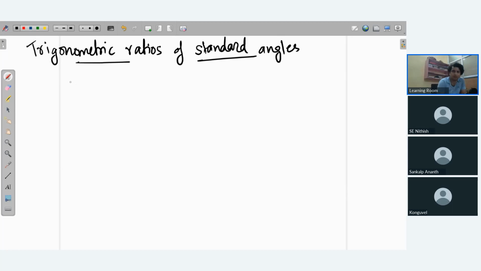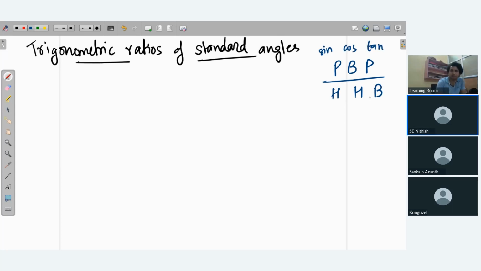by now you are only understanding about this picture, right? This is sine, this is cos, tan, and cosec, cot, sec, right? So as the ratios given in the picture, we have seen basic reciprocal relations: sine is reciprocal of cosec, cos is reciprocal of sec, and tan is reciprocal of cot. Today we will see